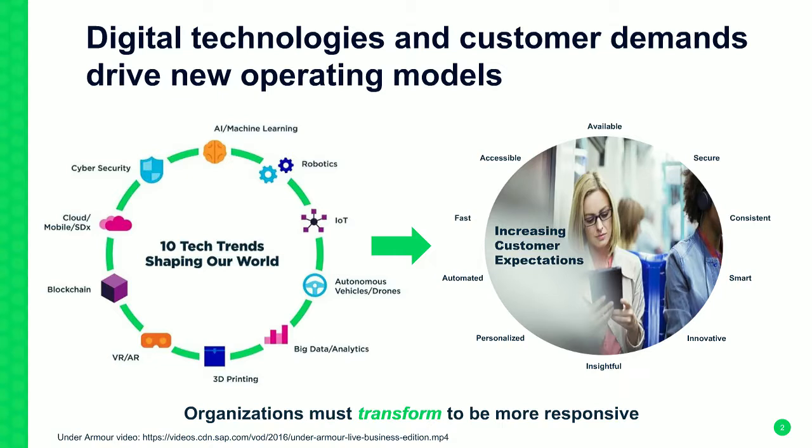SAP customer Under Armour sees themselves as an innovation company and not just a sports apparel company. They analyze the data they get when athletes are using their products, and they use this insight to improve the products to better meet the needs of their consumers. Under Armour is thinking that as they transform their business operations, they expect to be able to cut their supply chain times by up to 40% so they can deliver the right products to the right locations and have them there when the customer is ready to buy.